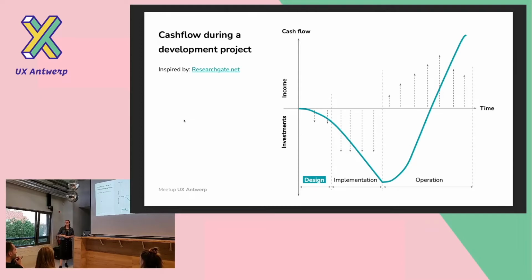Yeah. Design is cheaper than implementation. Design is cheaper than implementation. Exactly. Yeah, we're getting there. Thank you. Maybe the less time you use, the more money it makes for the investment. The faster you make it, yeah. If you can design and implement really fast, then you have an income faster.